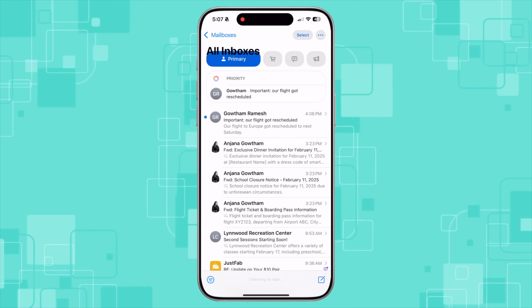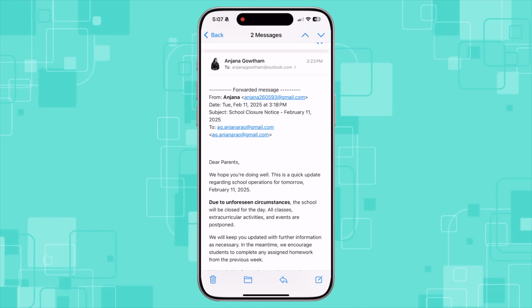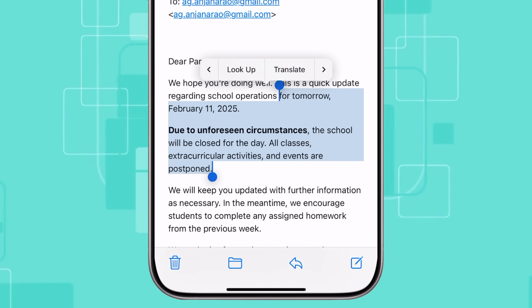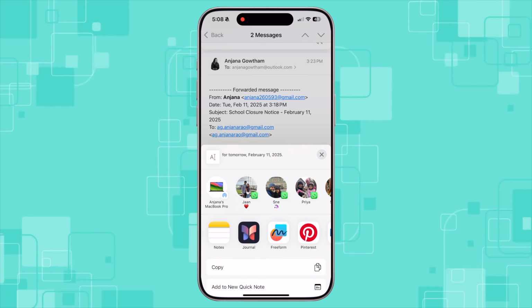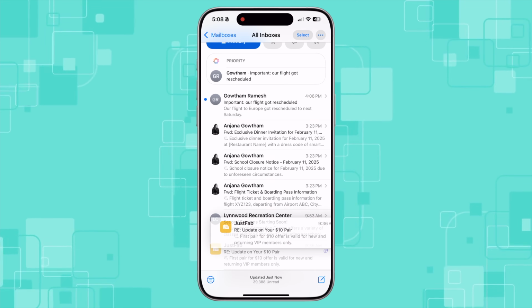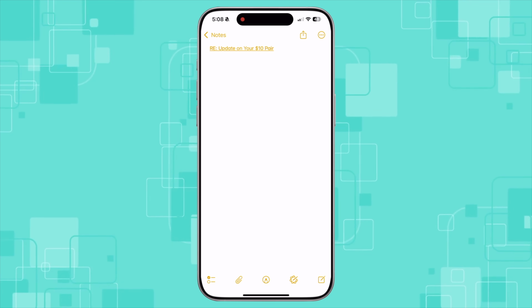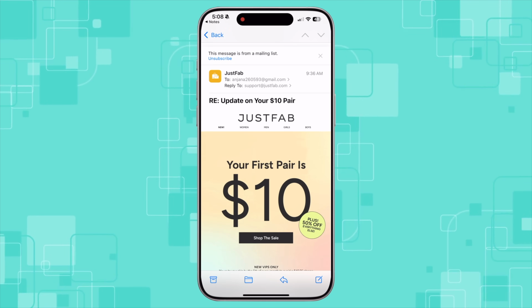Did you get an important email that you want to save for later reference? You can add it directly to the Notes app. Open an email, long press and select the text you want to save. Tap the Share button, select Notes. Now all the contents are saved to Apple Notes. Need a quick reference? Just drag the email and drop it into your new note. A quick link will be created